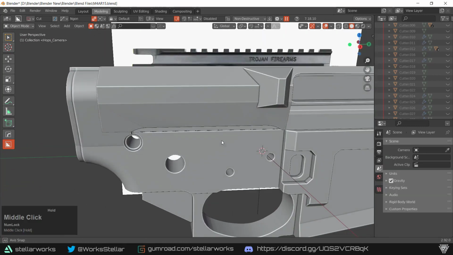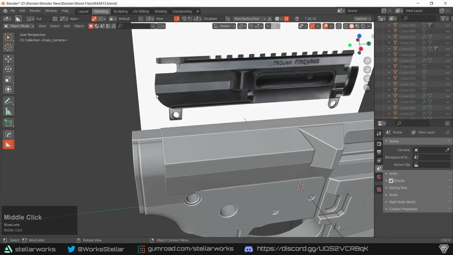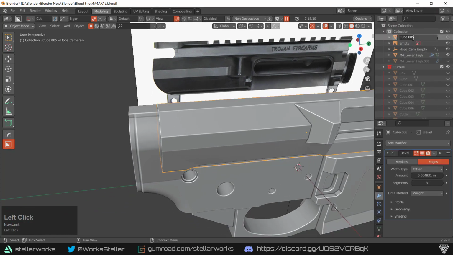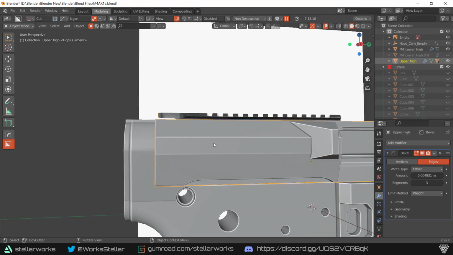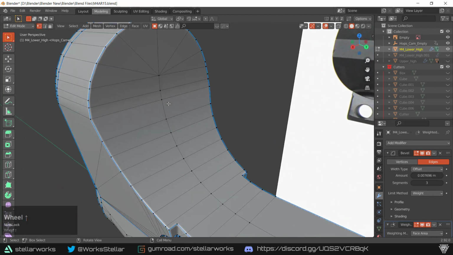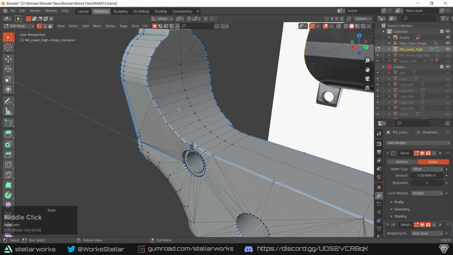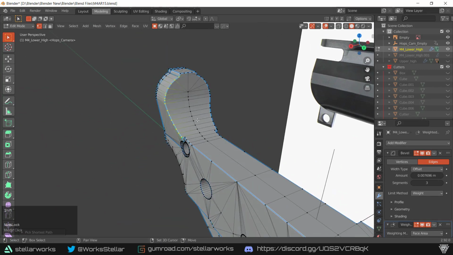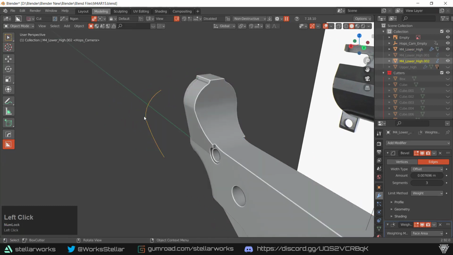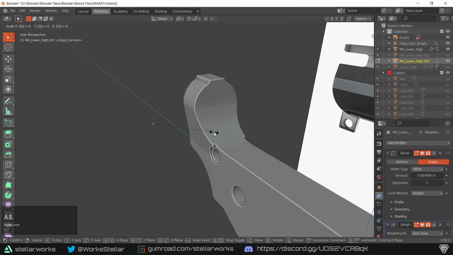Okay, and next up we're going to add this little cut here. So I'm going to grab this, name it upper underscore high. We'll just leave it upper underscore high. I'm going to go ahead and hide it. And then we're going to grab this piece here. From this position all the way down to this position, we're going to Shift D, duplicate it, bring it out, P selection, A, S0, S, X0,